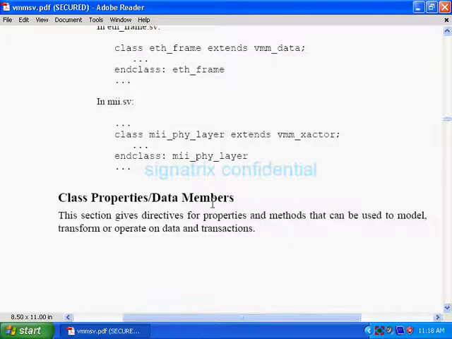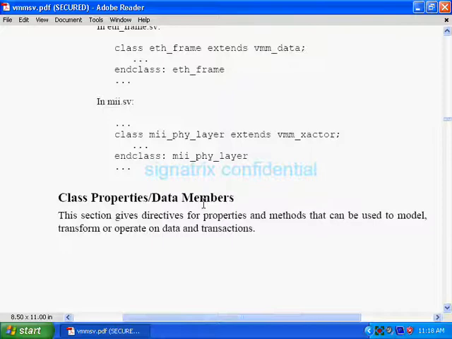That is class property and data members. So what is this class property and data members? As we know, inside classes, if we are defining any variable, we can call that thing a property, and we can also call it a data member. Any data type we can define inside a class. So this is the basic point: what is a class property or a data member.